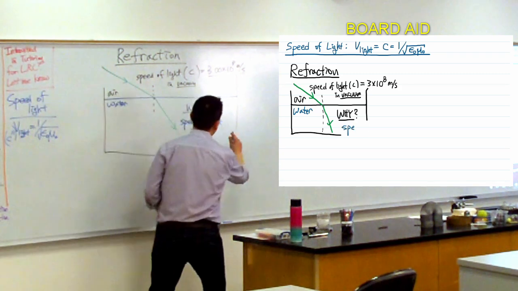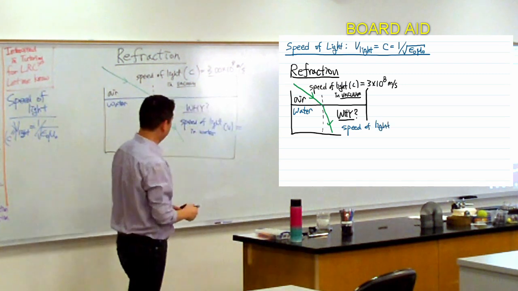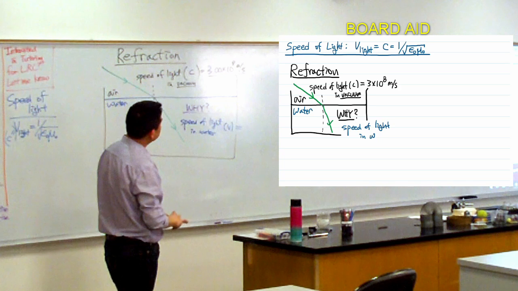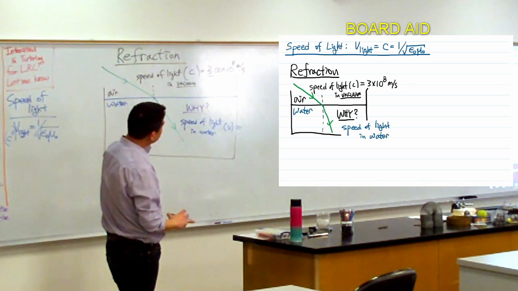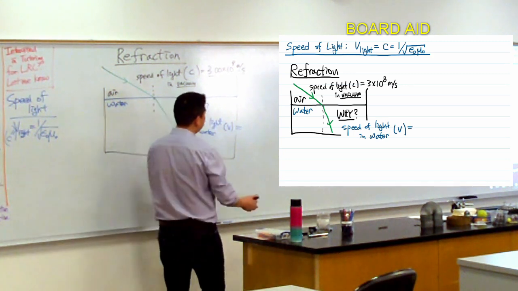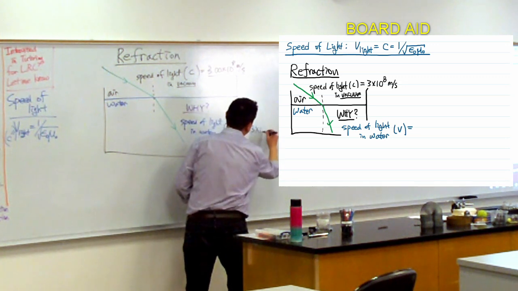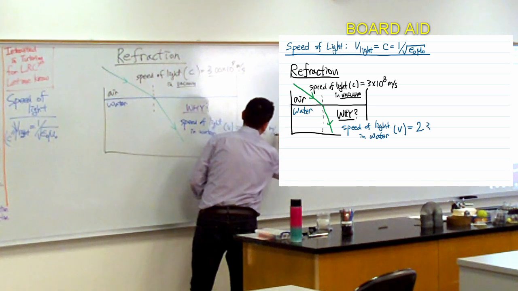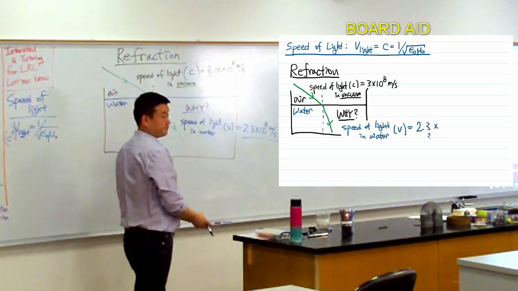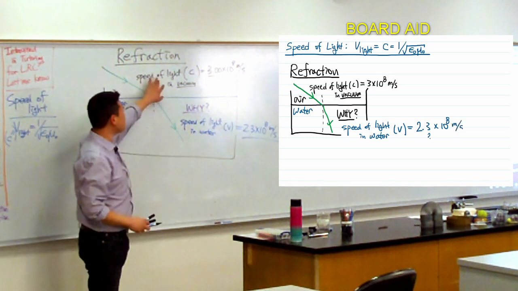If I give a letter V to this, I don't know if I remember the water number off the top of my head. It's not quite 2 times. It's going to be a little bit off, but let's say it's about 2.3 times 10 to the 8 meters per second. So based on this, what you might call